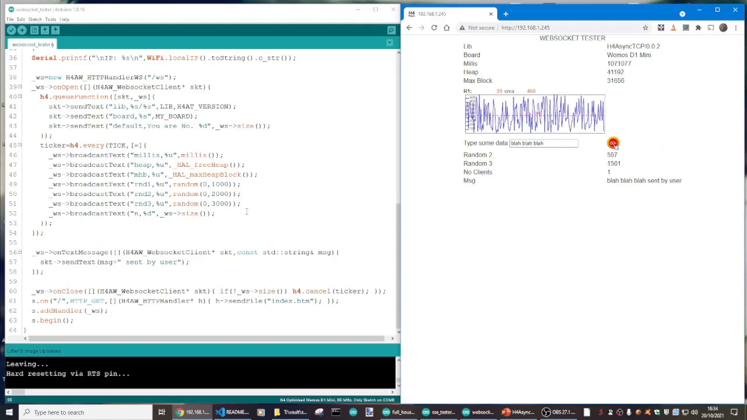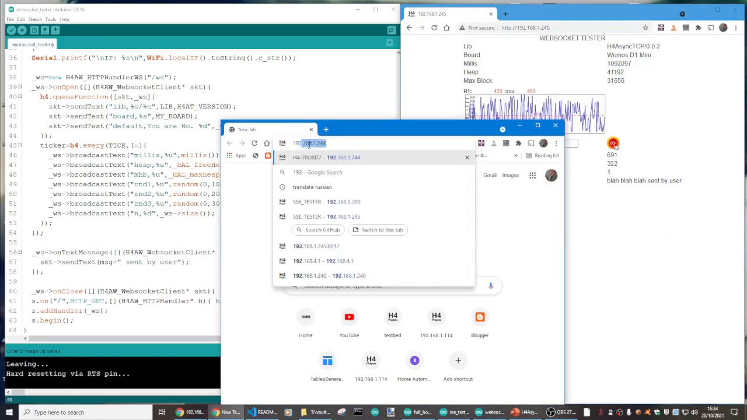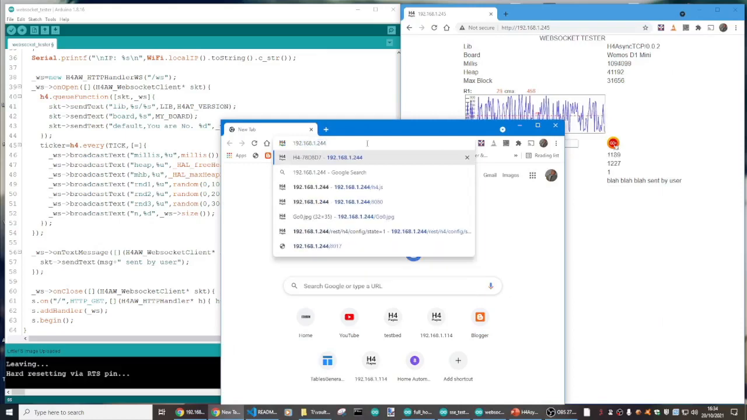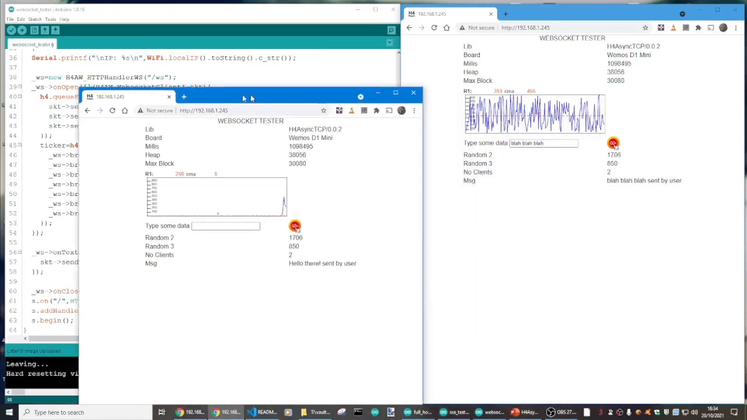I could reduce that tick and show you it. I've had demo code running at 30 or 60 updates a second. Either way, it just kind of works. As with all of the H4 server things, you can quite happily create another instance of it without causing too much problem. Obviously it takes a little bit of heap, but as you can see there,